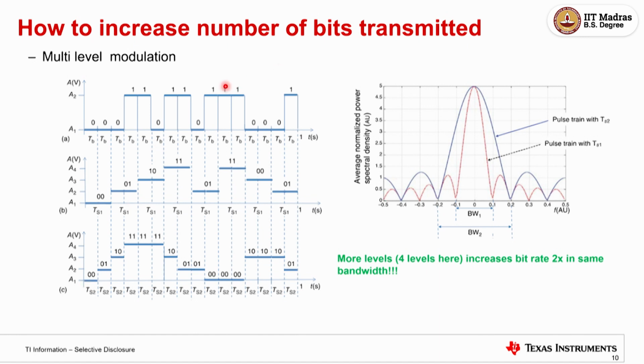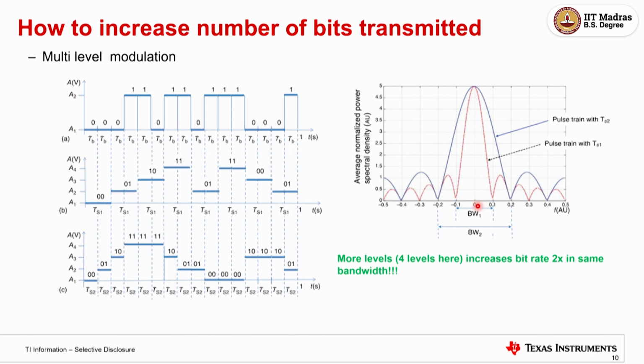So what I have done compared to this and this, the blue curve is the bottom one and the red one is the top one. I have actually increased the bandwidth for sending that information, or in other words, within the same bandwidth I can send twice the amount of information by coding information in the voltage level rather than in time. Because we know if something has to be faster in time, I need a larger bandwidth in frequency. But why not map more things in my amplitude, so that I don't change my time axis, but I pack in more information? So that's where